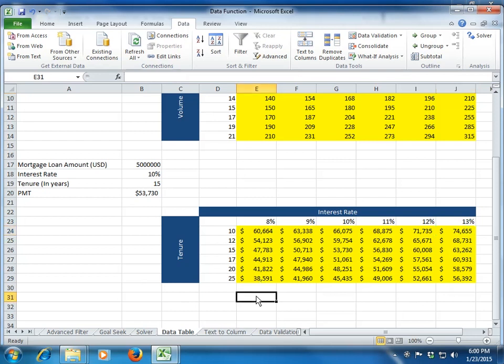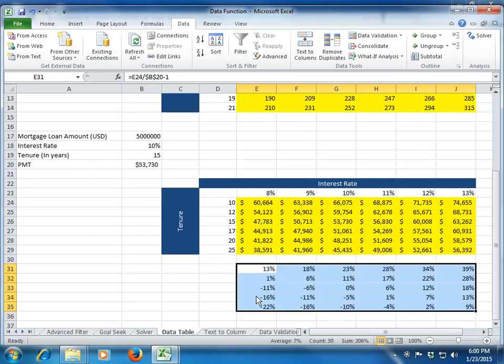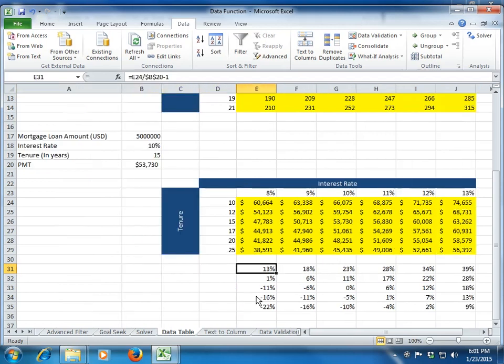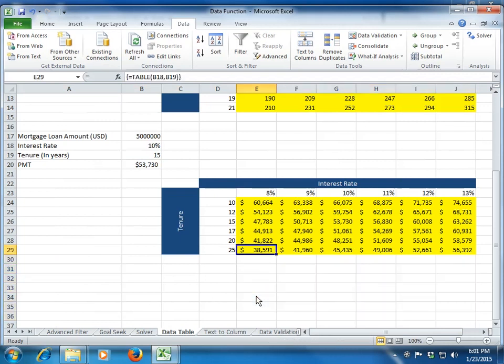You can also create a percentage here if you want, right? So you can create a percentage change with respect to your base value, so this divided by this minus 1. Clear? So again, you can create a table like this for your percentage change in the value from the base value, showing the sensitivity data again. Clear? So the maximum variability in the EMI will be 39% from the current value which you are expecting, right? So these are some of the applications and the usability of the data table function. Of course, a very simple tool to use, but at times very, very useful, right?